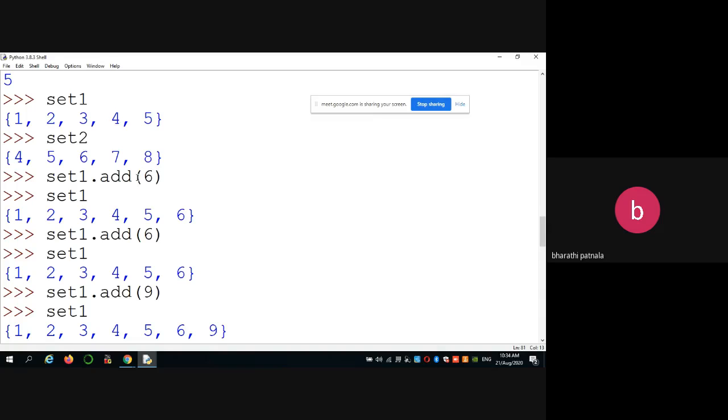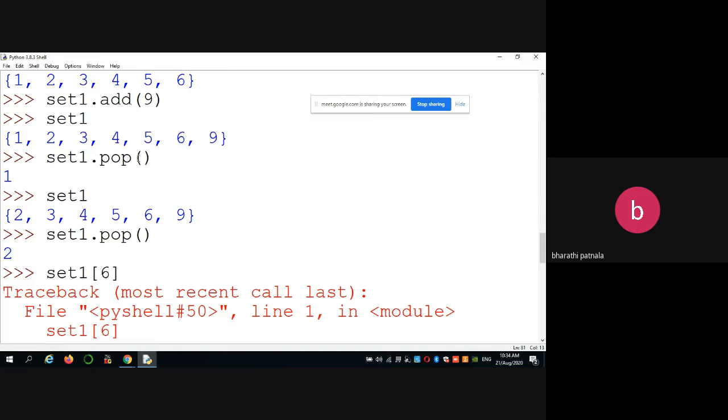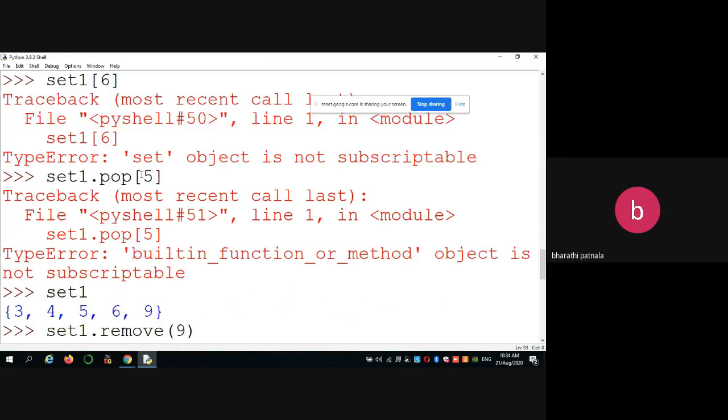Okay, next, if you want to remove any element from the set by using the pop function, pop is used to remove the starting element of your set. Okay, whatever the starting element is, you can see that element will be removed. Okay, so we can't access the elements using indexing, and you can't remove the elements by indexing like lists.